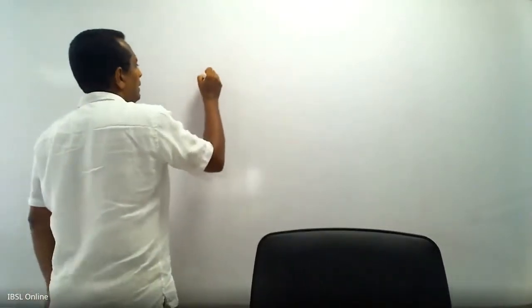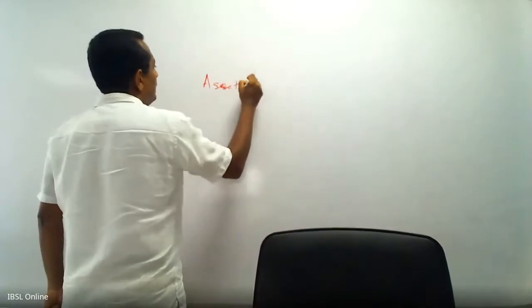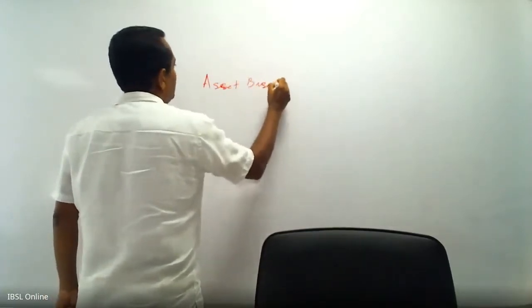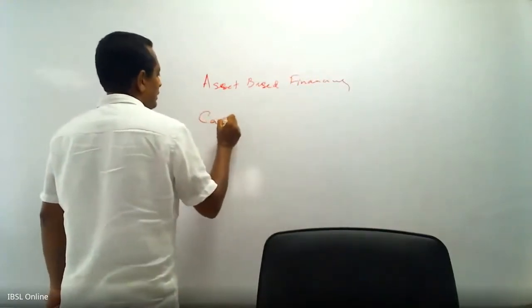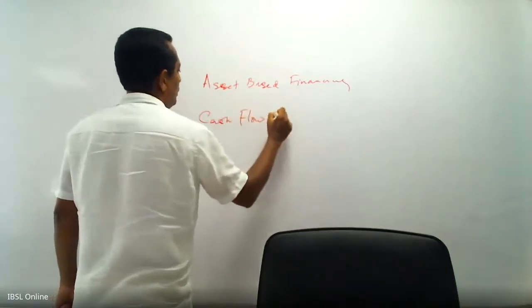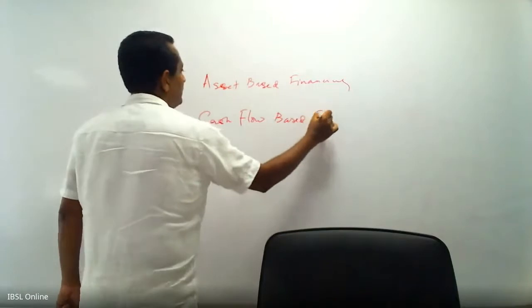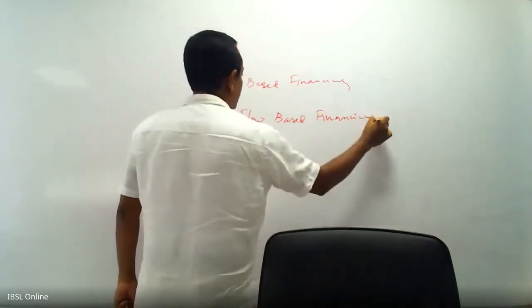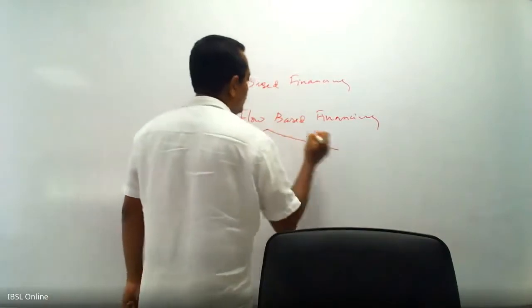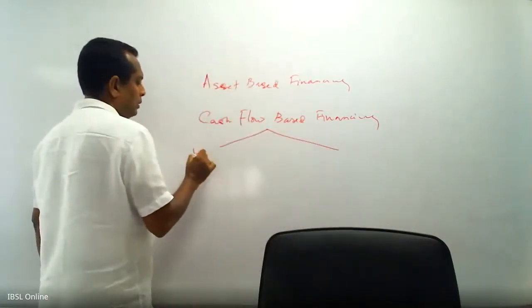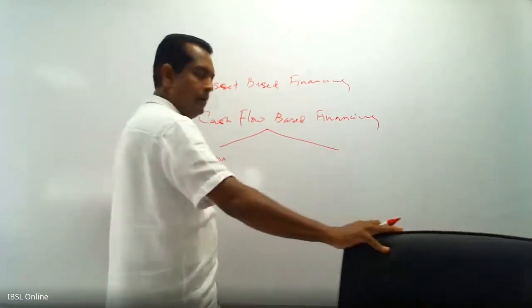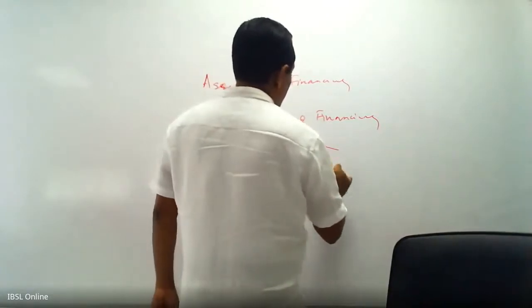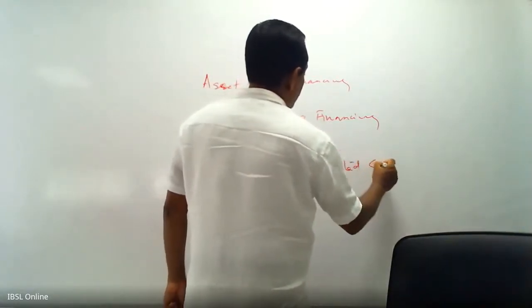I told you we have asset based financing, cash flow based financing, right? This cash flow base is twofold: known cash flows, and this side it is projected cash flows,